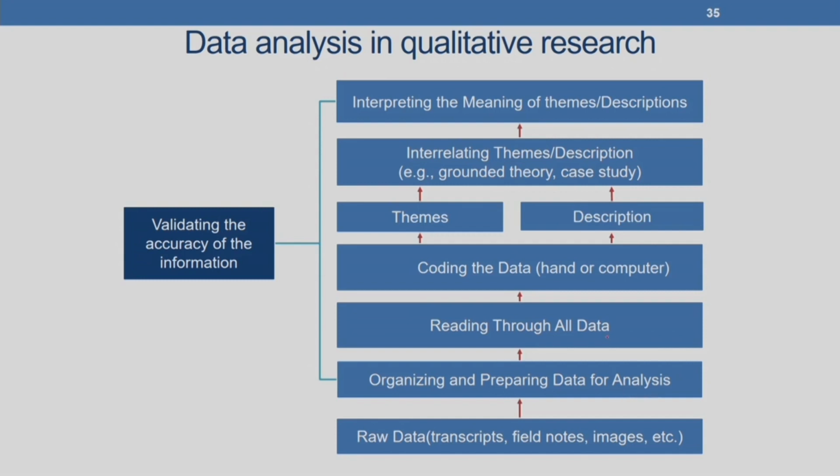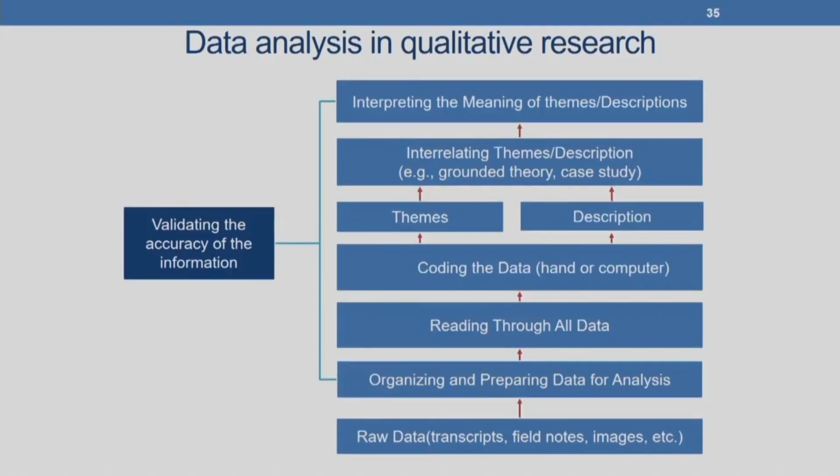We read through all the data, code the data by hand or in computer depending upon the number of samples that we have collected. These days there are numbers of softwares that help us code qualitative data. For example, NVivo is one of the softwares which helps us code large numbers of samples that we may have collected. Based upon the coding of the data, we come up with themes and description of the data that we